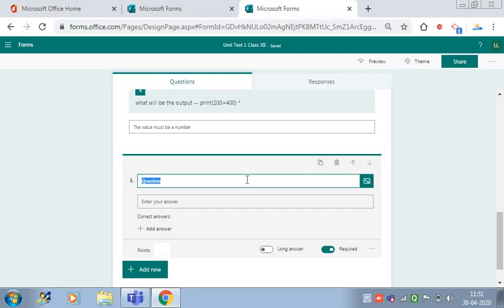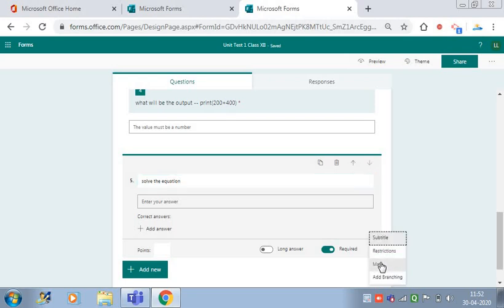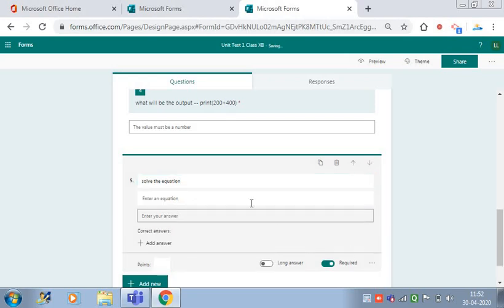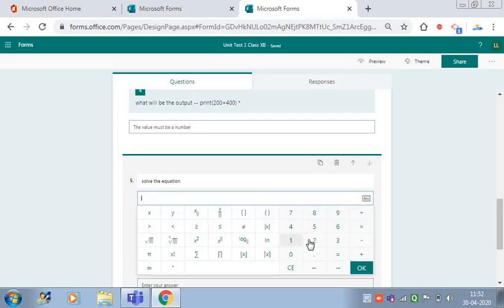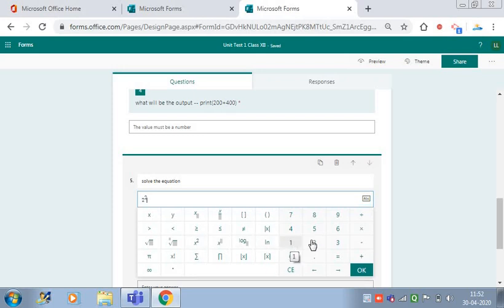Now my question is, solve the equation, and I want to include the math library where I'll be using the equation while entering math: 2 raised to the power 2 plus 2 raised to the power 2.